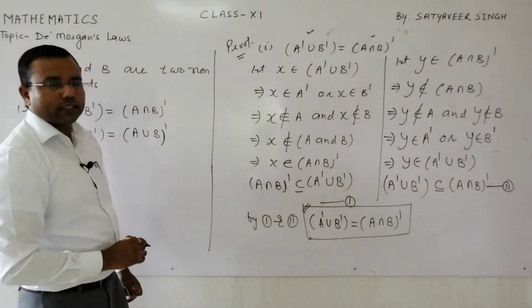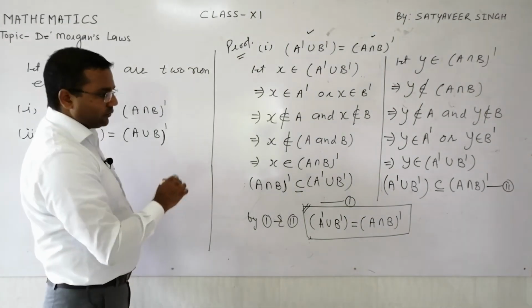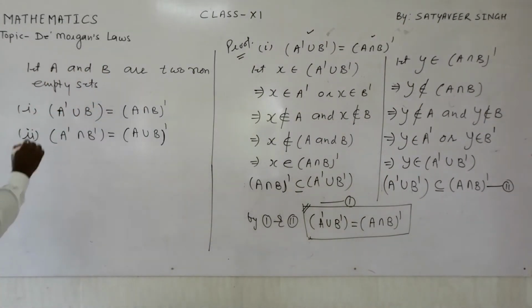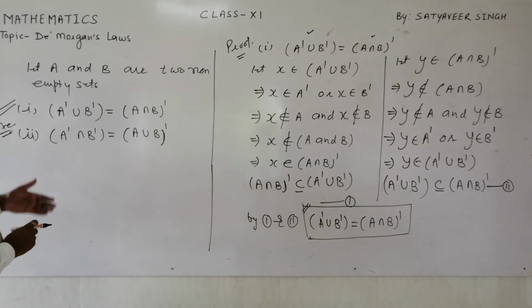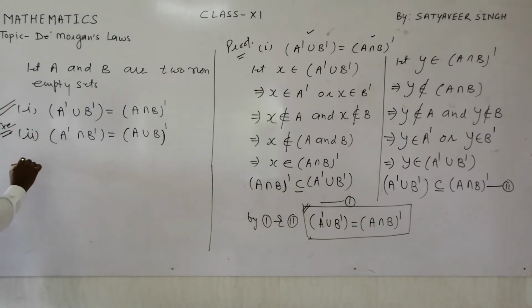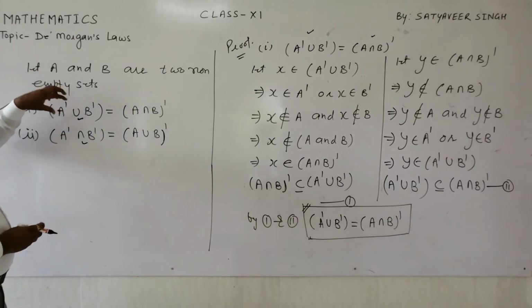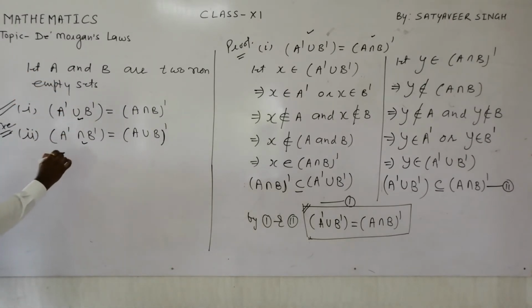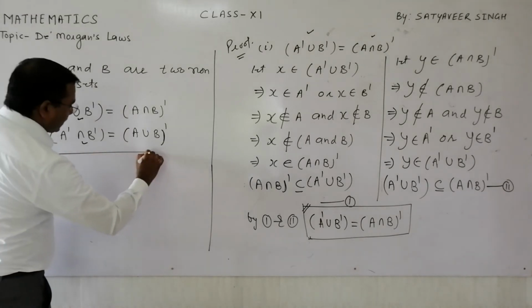It's a very important concept. I'll give you some example where this is utilized. Similarly, first of all you will have to do this exercise. This is one exercise for you. The first one I have done. Second, similarly you can do. But try to understand the meaning. Here it is saying A complement and B complement, so you must be clear about the OR and AND. These are the two symbols we use in the set notation which represent OR and AND.